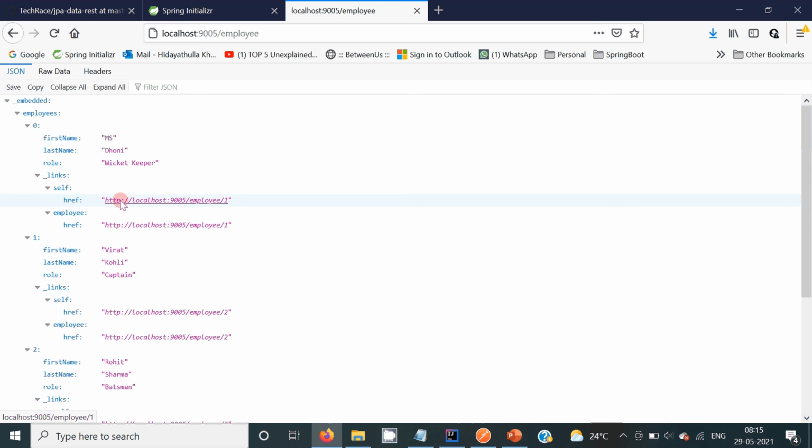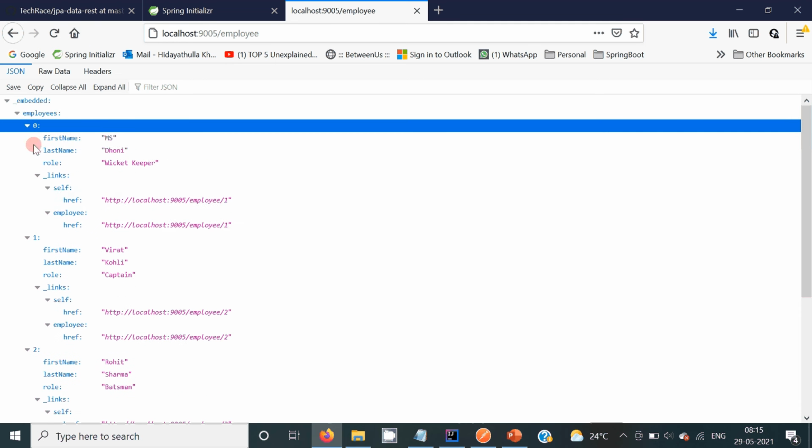What I was discussing with you earlier is the hypermedia driven response. In a regular REST API implementation, if you access the list of employees, we would get only this data, like first name, last name, and role. But in hypermedia driven responses, we also get hypermedia links.